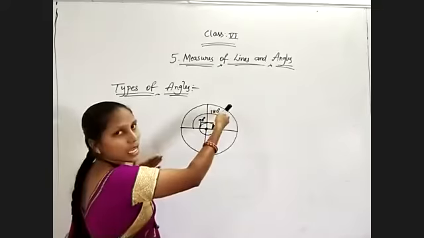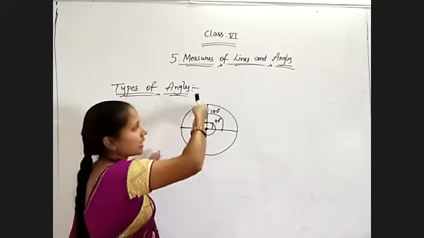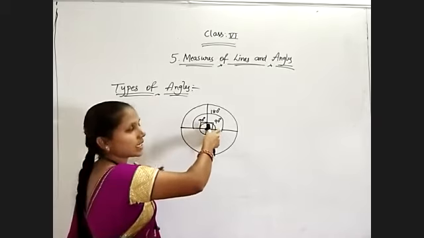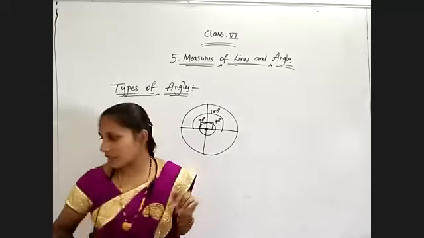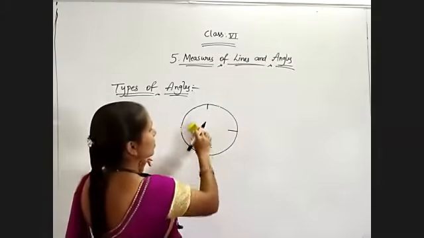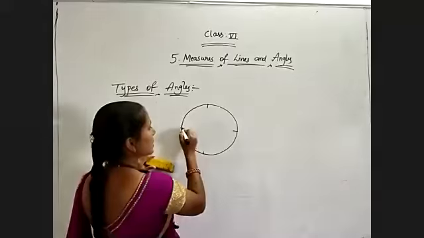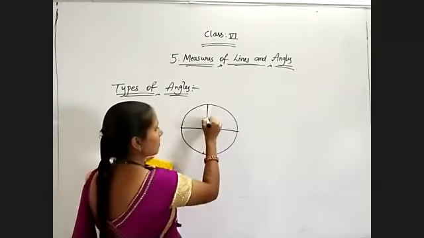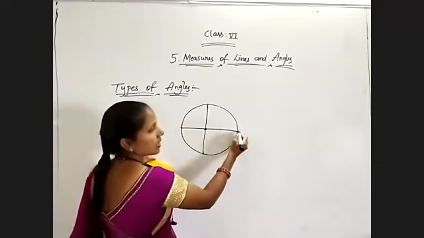And 180 degrees above. And again that 180 degrees is divided into half by taking the perpendicular, that is 90 degrees and 90 degrees. Okay. Now all these angles, if the measurements we know, then the angles are separated like this. If the angle is... this is the center point.